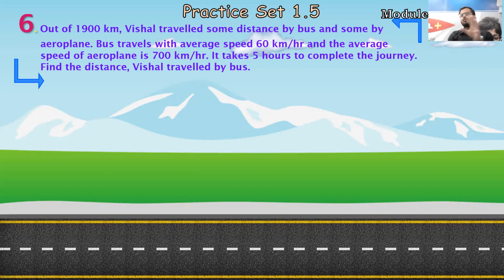Now, in such questions, students, the most important thing is the assumption part, what we should assume, because this is a speed, time and distance question, right? Speed, time and distance, there are three quantities, okay? And in linear equations in two variables, we can assume only two variables, x and y. So how do we go with this sum, or rather which formula to use?